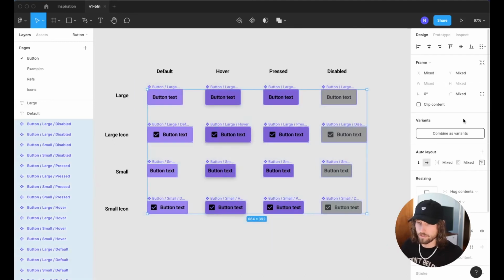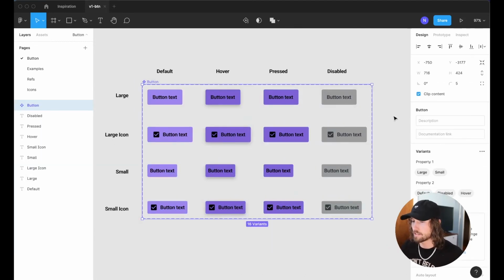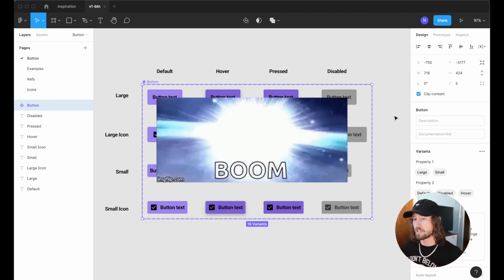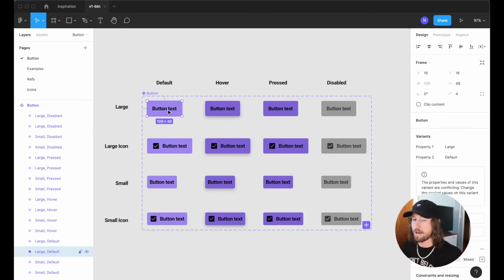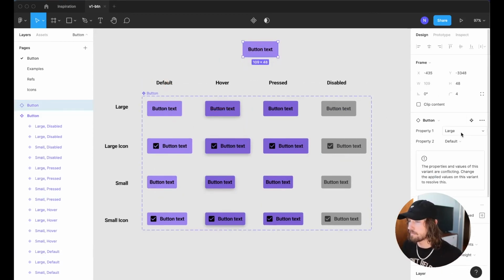And we're going to select them all and combine as variants. Boom, we've just created this variant. Right off the bat, it's kind of cool, but it needs to be cooler. It's not serving every need we have. For one, the icon that we've created, the icon no icon, hasn't been addressed, and we'll do that in just a sec. The second thing I want to call out is that Figma defaults to those slash parameters, large, default,